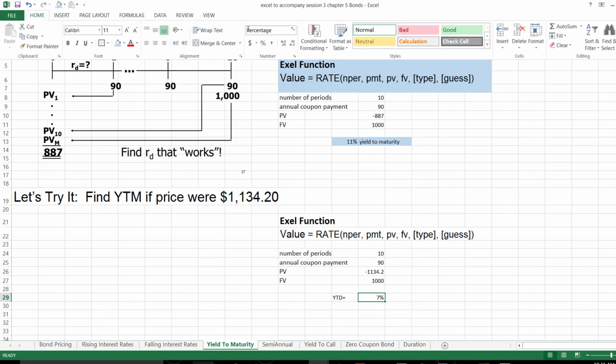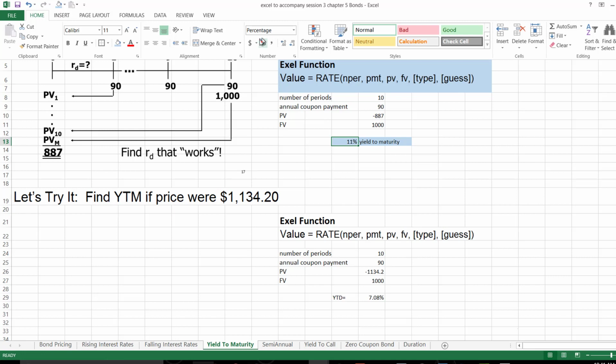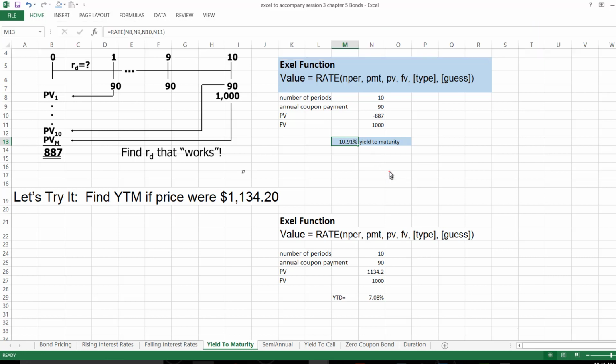What I should have done earlier was expand the number of digits so you could see a little bit more. So it's 7.08, and compared to this one previously is 10.91. So we could see the yield to maturity is quite different, but directionally it should start to make sense to you, is that if you're paying at a discount, your yield will be higher than the coupon rate. If you're paying a premium, then your yield that you require is lower than the coupon rate, and that's what